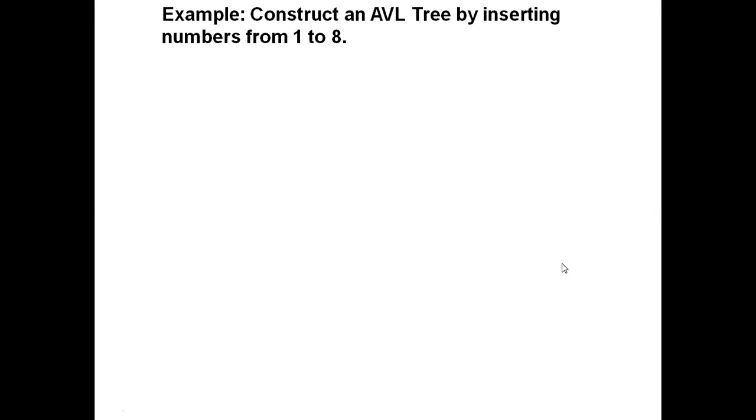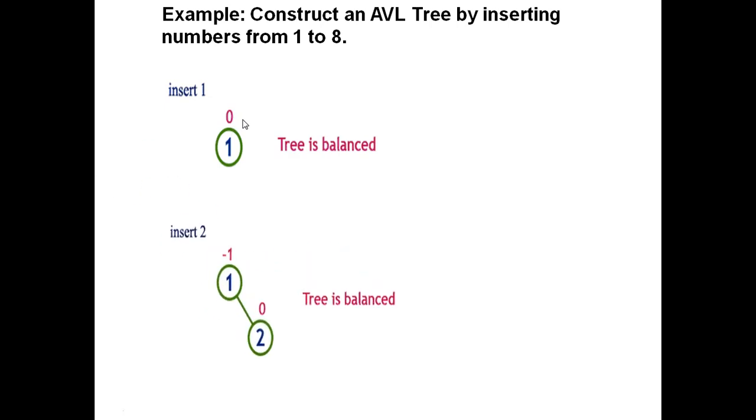Let's try to do one practical. Okay, let's try to construct an AVL tree. Each time we'll have to calculate the balance factor. You know how to calculate the balance factor. Now see, the tree is balanced. The root node is -1, here 0. How is it -1? That we have no nodes here. That is 0, 1 node, 0, -1, -1. So how are we going to calculate this balance factor? Whenever a node is inserted here, we'll have to calculate the balance factor at each node.